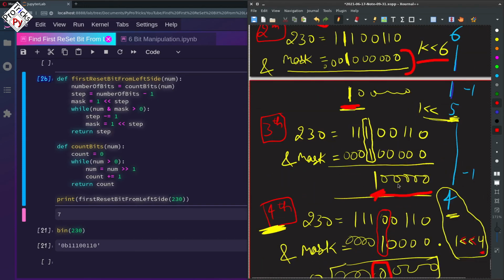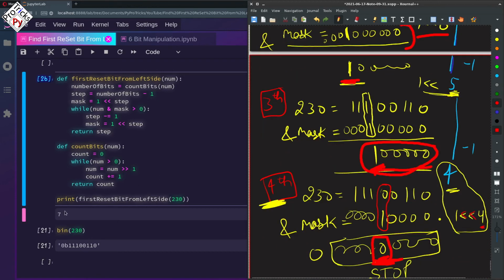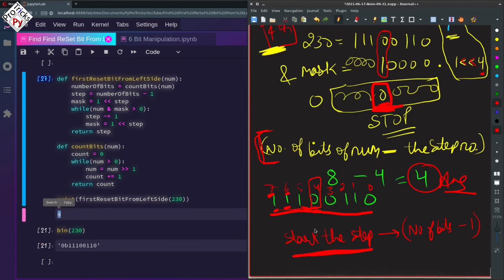You can see if we calculate the decimal of this number, it is much greater than 1. So that is why we are getting the wrong answer. Now if we execute it, you can see that we have the right answer as 4. So this is the 4th bit where our first 0 lies from the left side.